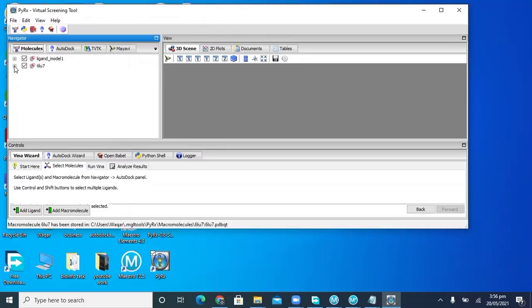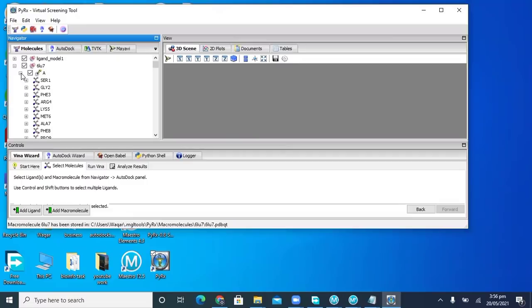We click on this plus sign, and now we will click on chain A, chain C. I know the active site residues of this protein are present in this A chain, because I have already worked on this protein.